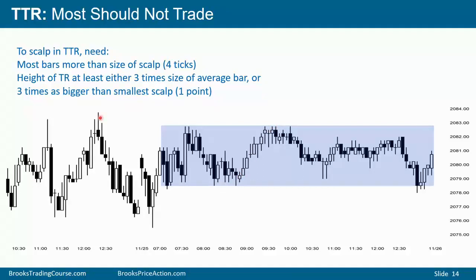Can you make money in a range that's only 2 points tall? Yes, but it takes a lot of work, and a lot of times you have to wait through a lot of bars just to make 1 point, and you have to scale in, and it's not much fun. Most traders should not be trading at all when the range is this tight, but some experienced traders will. When it's very, very tight like this,